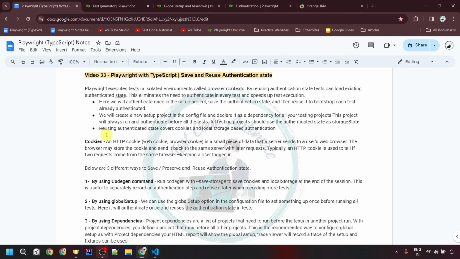Reusing authenticated state covers cookies and local storage based authentication. And what are cookies? An HTTP cookie or web cookie or browser cookie is a small piece of data that a server sends to a user's web browser. The browser may store the cookie and send it back to the same server with later requests. Typically, an HTTP cookie is used to tell if two requests come from the same browser, keeping a user logged